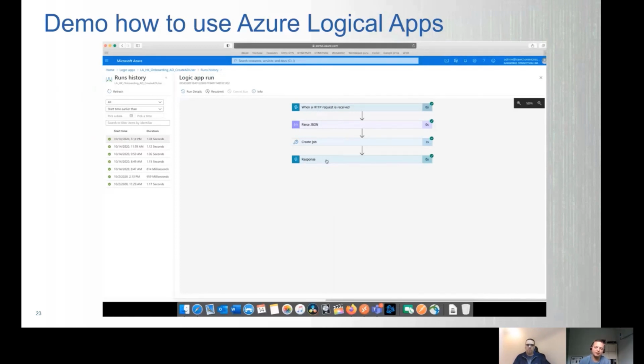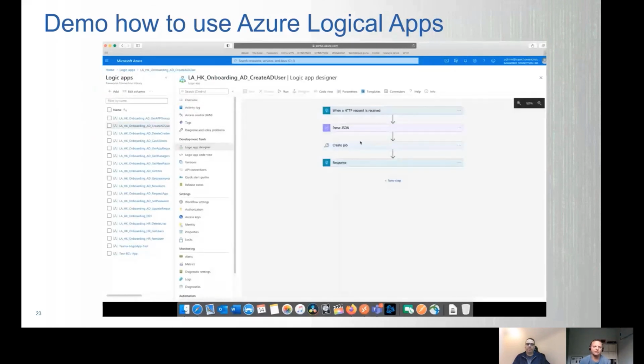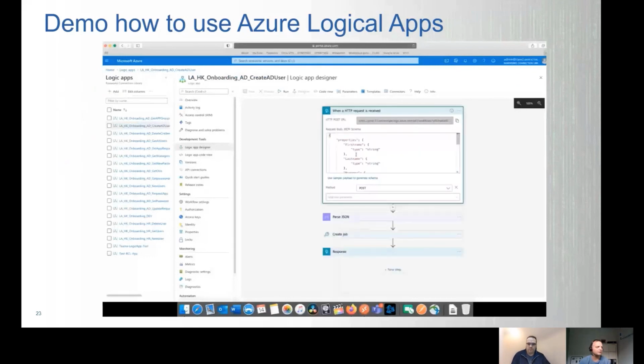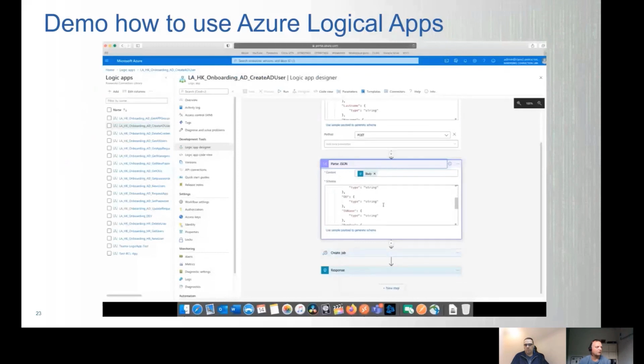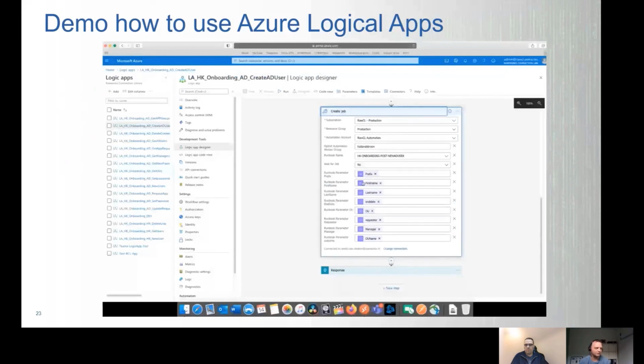Then there's a response, and the response always needs to be something, because otherwise the Microapp does not know if the HTTP request was successful. So if the API request was successful, you always have to send something back. A little bit more detail: what happens once we post a URL? We get all this information, we parse it into JSON, and then you can create an automation job